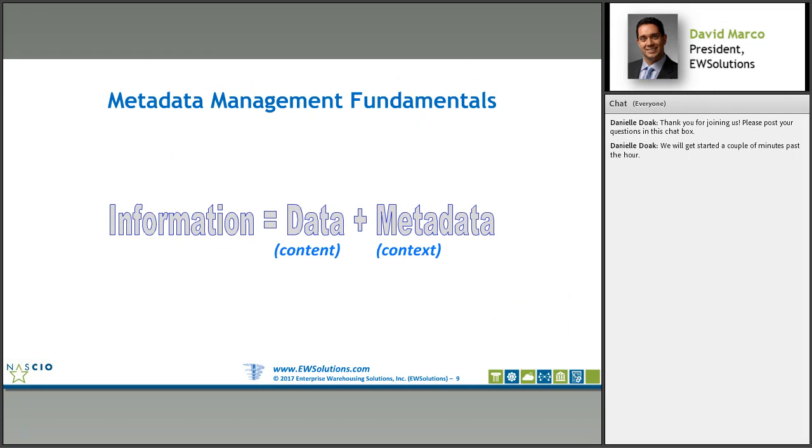Data, my example of what I gave to Eric earlier, 27, 30, 80, that's data, and it may be cleaned, it may be scrubbed, it may be of high quality, and that's content. But if he doesn't have any context, meaning metadata, the knowledge that those numbers refer to sales, refer to revenue for his agency for the last 3 years, if he doesn't have that context, then what he doesn't have is